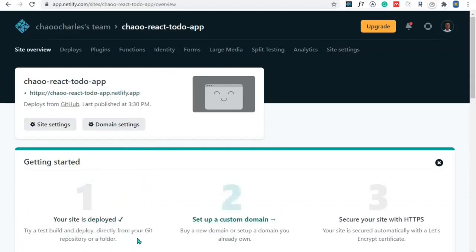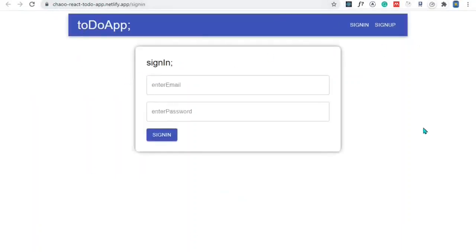So the site has been deployed, and as I said before, you can set up a custom domain name if you want, but now it's accessible through this link. So I'll click the link, and you can see it's prefixed with the name of the app that we included here. And now here we are in our application. I'll try to log in. I'm not sure whether I'll remember the email and the password, but let's see. So then I enter the password, I click enter,